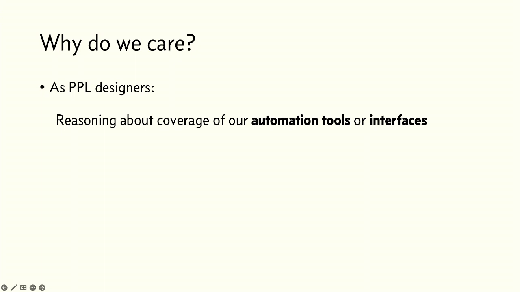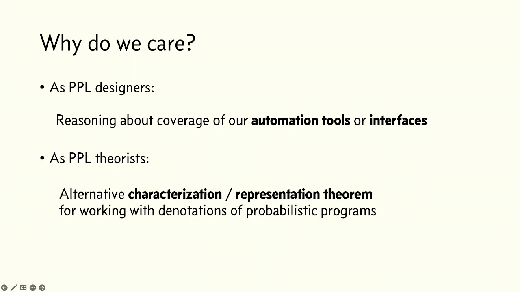So why do we care about how weird a probabilistic program can get? Well, as probabilistic programming language designers, we might want to reason about the coverage of our automation tools or interfaces. Do they handle any program that a user could throw at us? And so we want some way of characterizing the set of programs that a user could throw at us. And as theorists, it's also nice to have a new representation theorem or characterization of the definable objects in some language that helps you abstract away details of how the program was constructed